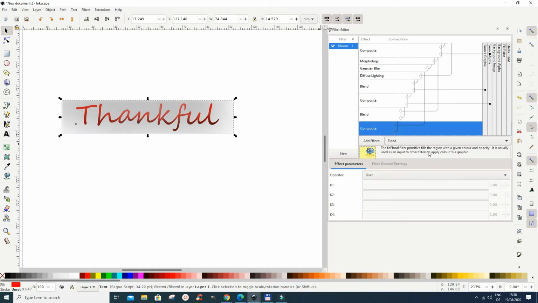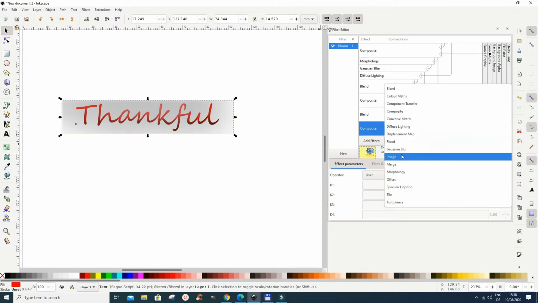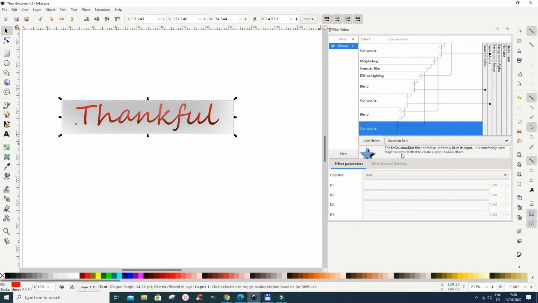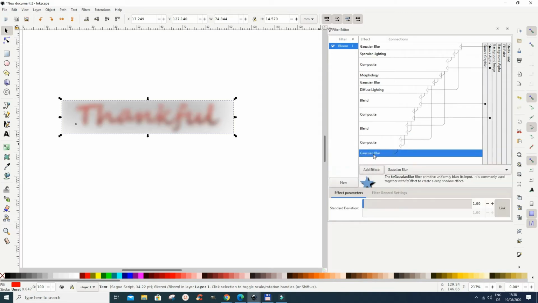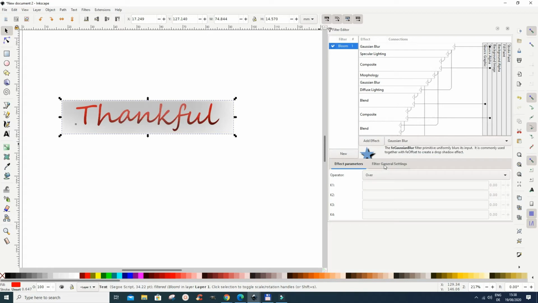So maybe I wouldn't choose that because of how it's used. Let's choose something like another Gaussian blur and see what will happen. You just do add and you see it does this. If you don't want it, you just right click it and you can remove it. So you can remove any of these here. So that is enough for